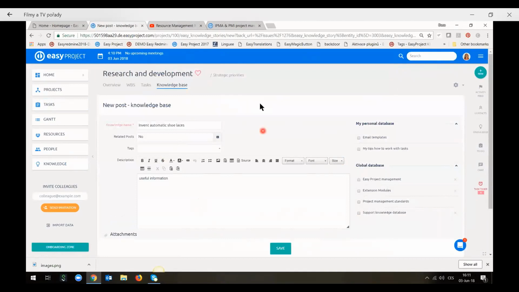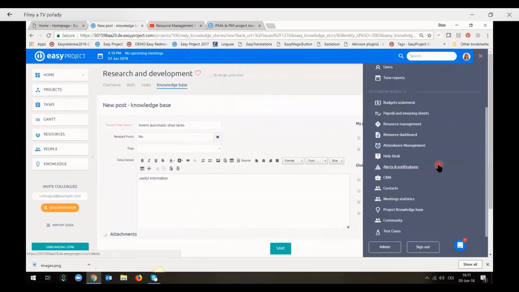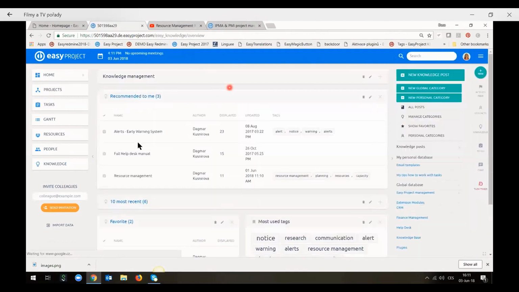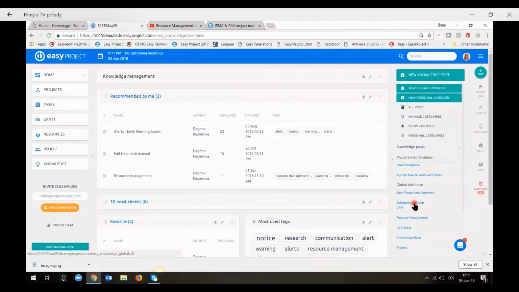So let's review what we have learned. To the overview page, we get basically from the main menu. This page is fully customizable. All knowledge posts are categorized conveniently. In a personal database or global database, knowledge posts can be related to projects or to tasks. You can manage categories from this central point. You can filter among